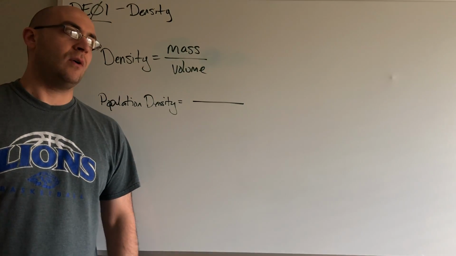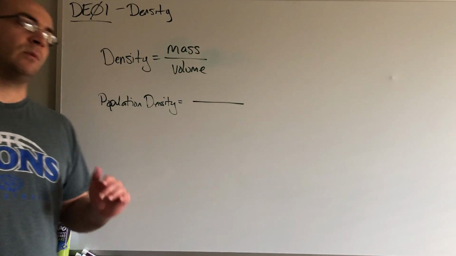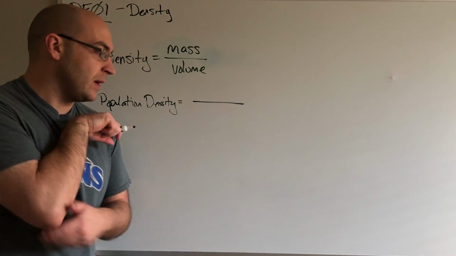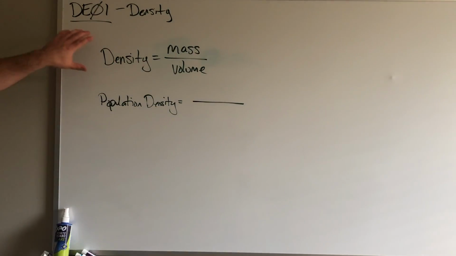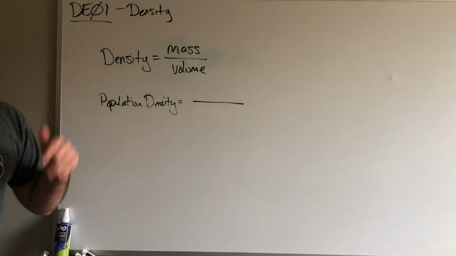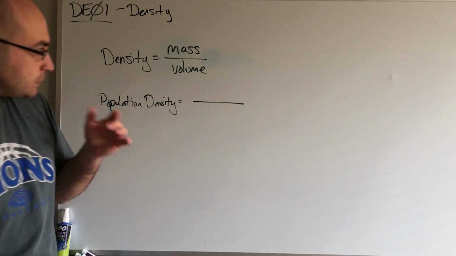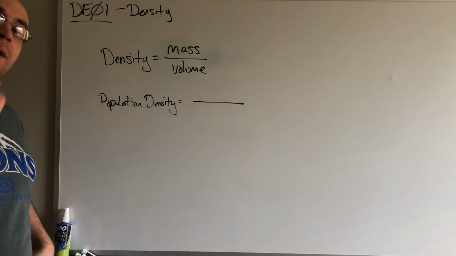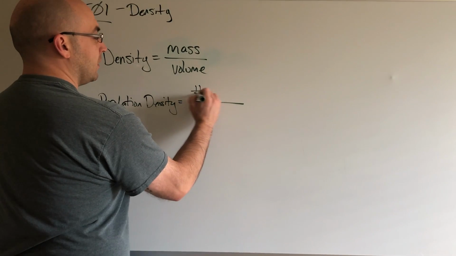Okay. DE01, density. Now, clearly you go over density for years and years in science class, but when we talk about density from a geometric standpoint, at least from an application standpoint, we want to talk about population density. You know that D equals M over V, density equals mass over volume. Now, for population density purposes, we are going to do some substitution. So instead of mass, we are going to talk about the mass of people,